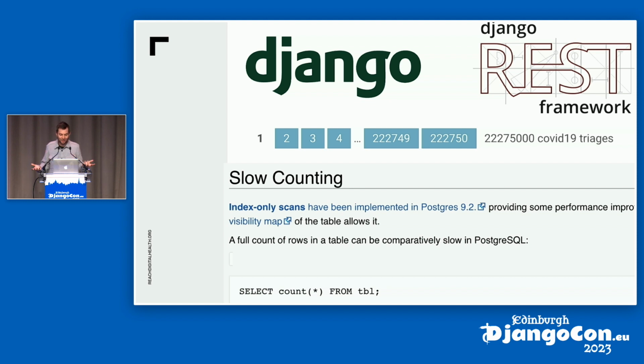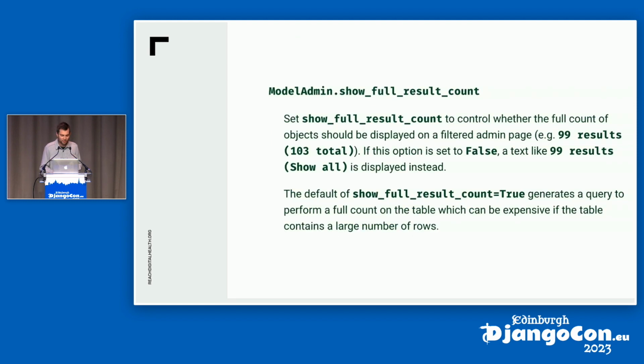So how can we get rid of these? Well, the first one is fairly easy. The first one is due to when you select all the objects, it shows a little thing up there saying you've selected 100 objects, there are 1,000 objects total, do you want to select all of them? It uses a count to get how many total objects you have in there. There's an easy config in your admin model there. You can set show_full_result_count equal to False, and then it just says show all instead of showing a certain number. So that one was easy to fix, but we still got one more.